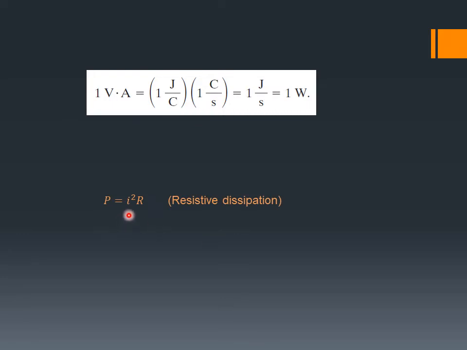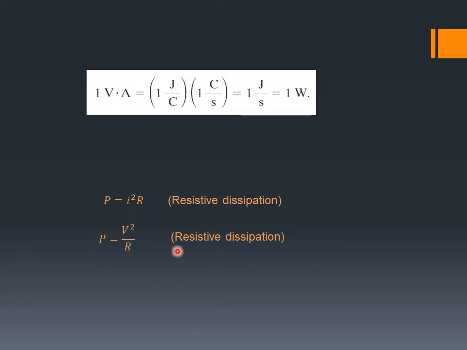So we write P is equal to I square R. How? Because P is equal to VI and V is equal to IR. So just put the value of voltage. So this will become P is equal to I square R. And you can substitute the value of I here, which is V by R. It will become V square by R square, and one R in the numerator will be cancelled out with the R in the denominator.